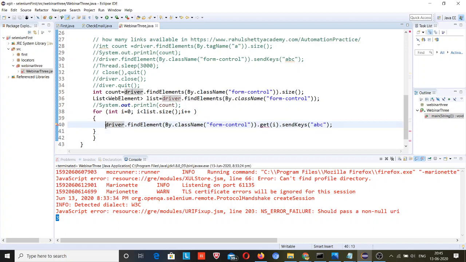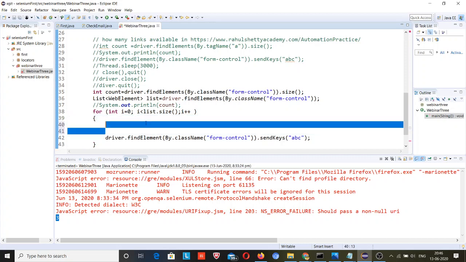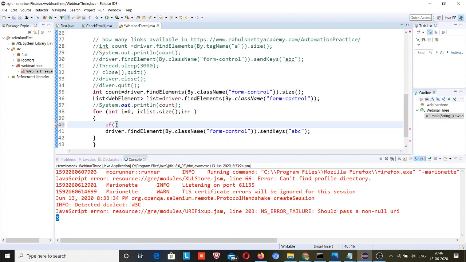No, even get I is also not required. You can just remove get I also, simply. Why is this not required, can you explain? I will explain. Yeah, just remove it. Okay, dot send abc. Okay, before the element, just put if i is equal to 1, simply. That's it. Yeah, if i is equal to 1, you can do it, but sometimes when you have multiple, okay, I will do it, that will also work. Great. If i is equal to 1, then do this. Actually I was also trying that at that time. Directly code. Yes.